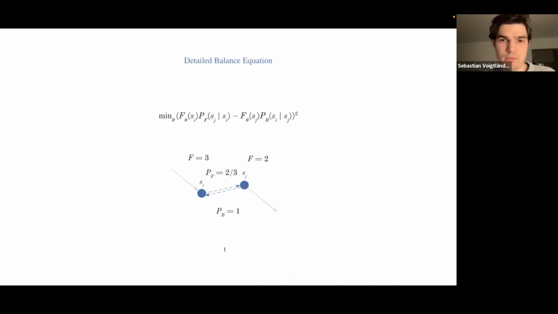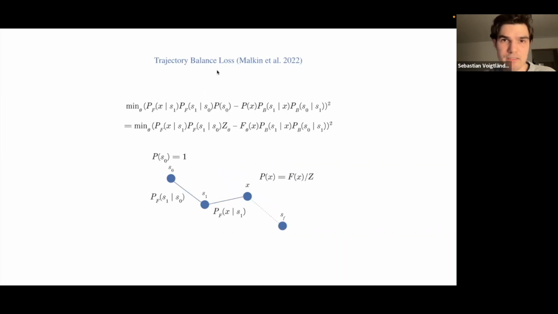loss function, and the last one that I want to introduce is the trajectory balance loss, which was introduced by Malkin et al. from 2022. And that can be derived by looking at the probabilities over whole trajectories. So if you have a Markovian flow, which is the flows you are interested in this case, then you can split up the probability over one trajectory, which is equal to a fully constructed object, into these terms and simply multiply them. And the only thing you still need is a prior, which is the P over S0, which is